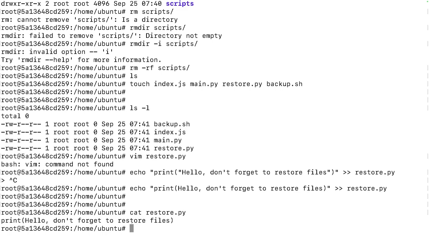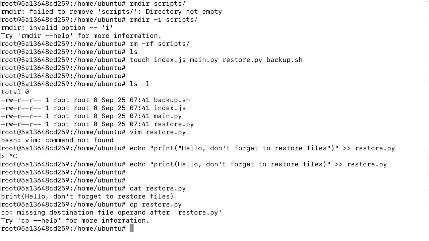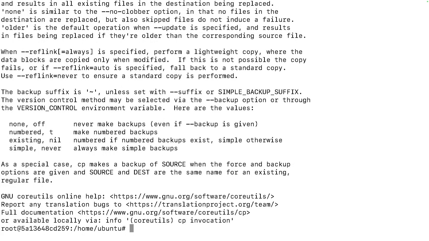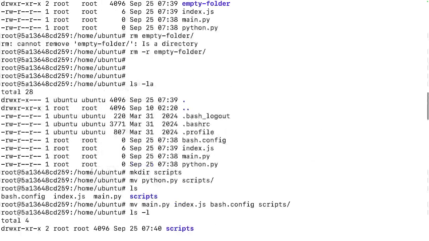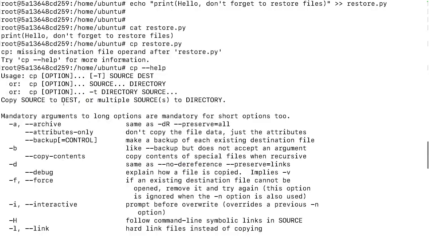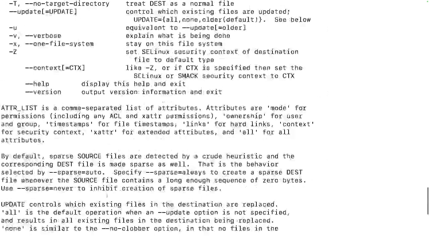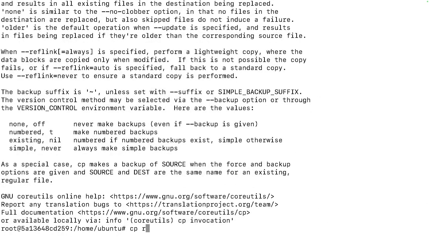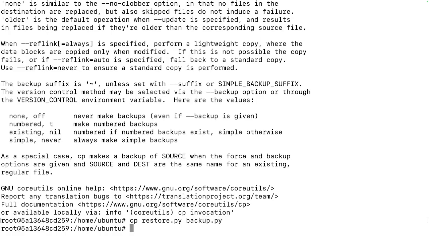And if I want to copy that file, or make a copy of one file, I will just cp restore.py, and let me just type help. And as you can see, I have a lot of options for how to use that command. So this is a very good option because I will just copy source to destination or multiple sources, okay. So right now I will call it backup.py, okay,